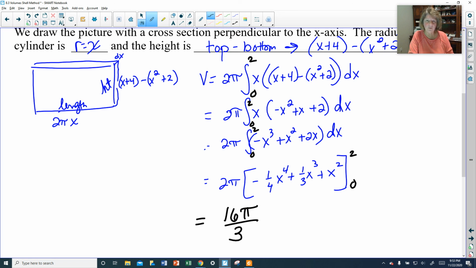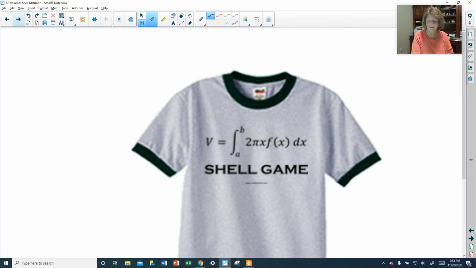You can see shell is really not too difficult and lovely to do when you're spinning around a vertical axis of rotation. I thought that was kind of a cute